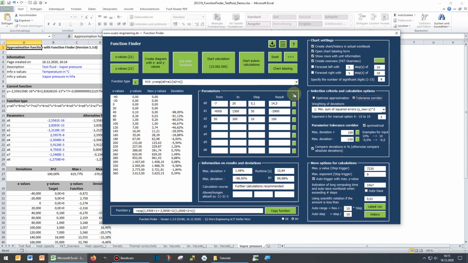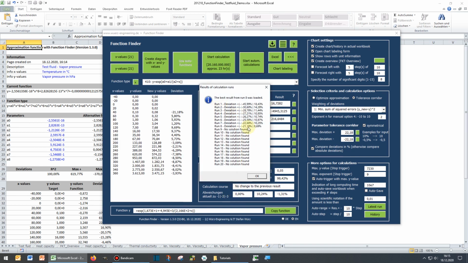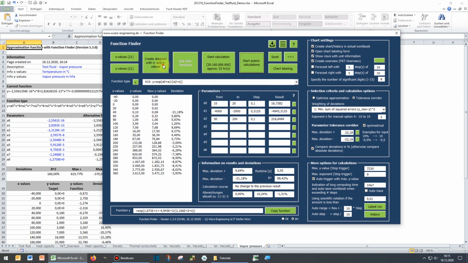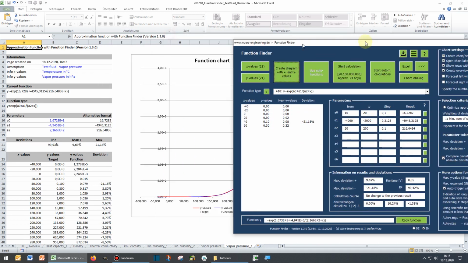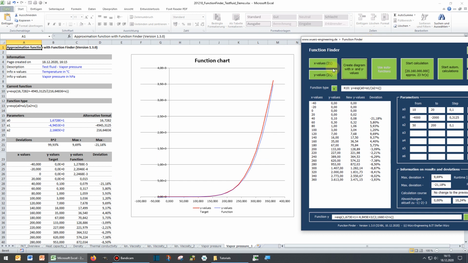And right now we can maybe also change the parameters manually in order to reduce the number of calculations and to speed up the overall process a little bit. And we go to the tolerance corridor and the automatic calculations again. Simply hit the start button and we look where we can go. -20 plus 10%. Let's have a look at how the chart looks. Well,